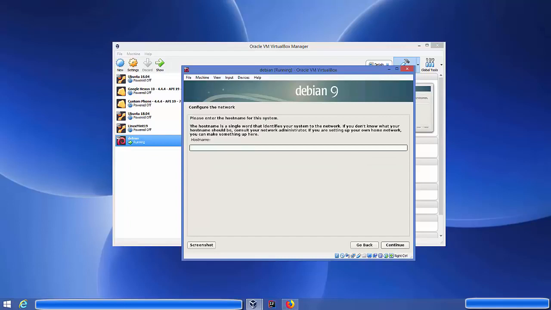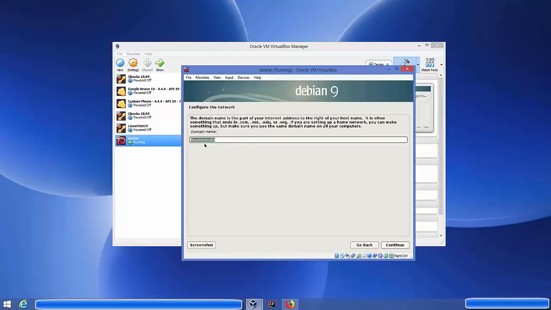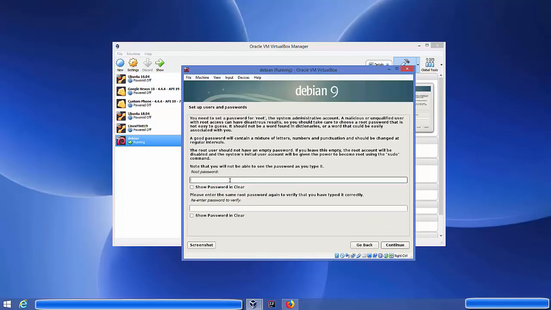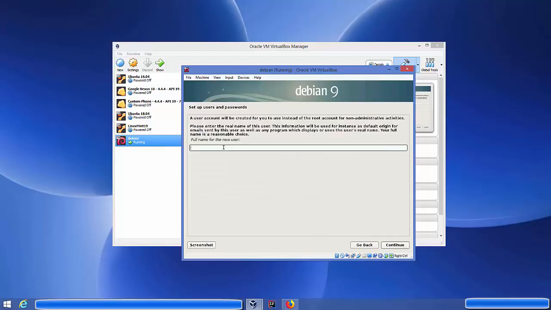And here you just need to give the host name for your machine. So I'm going to just give Debian here and then click continue, and then give the local domain. I'm going to leave this as blank and then continue. Now on the next window you need to provide the root password. So I'm going to give some root password here which you can remember, and then continue, and then create a